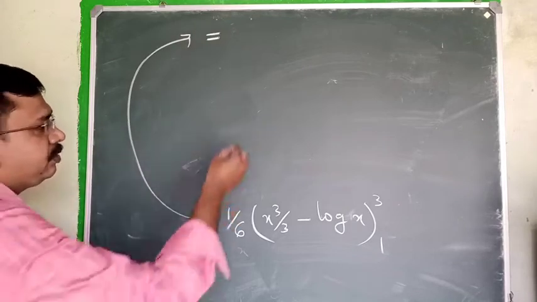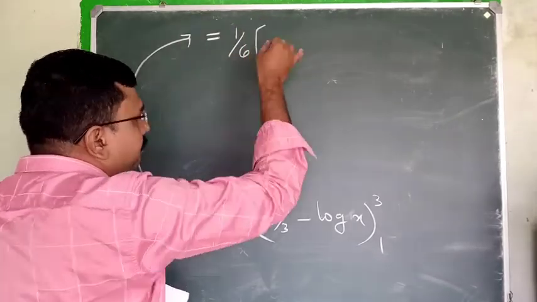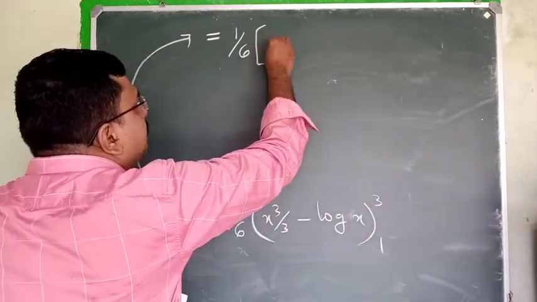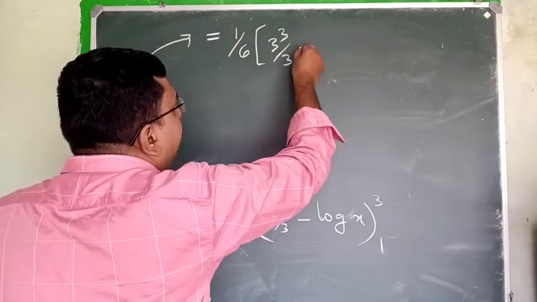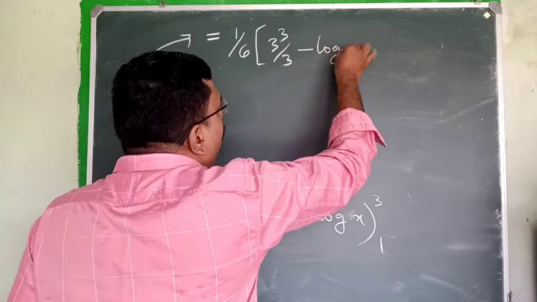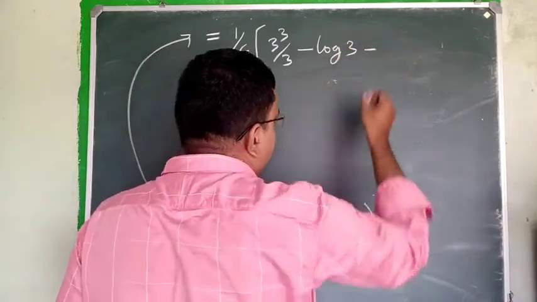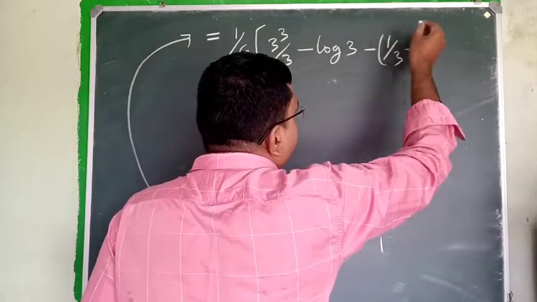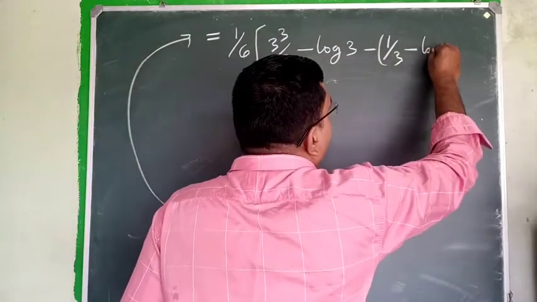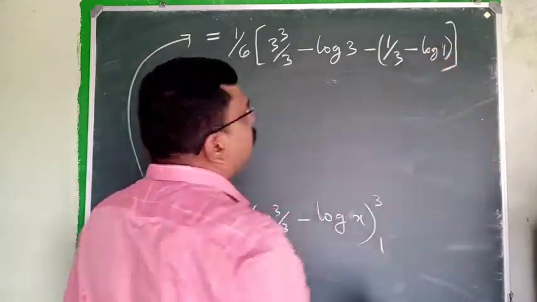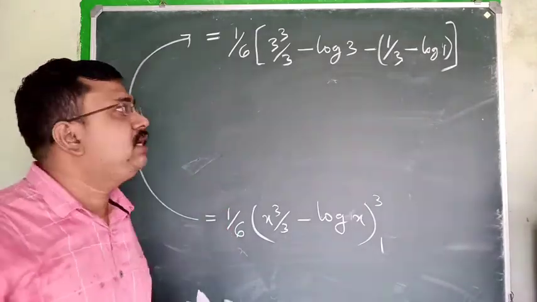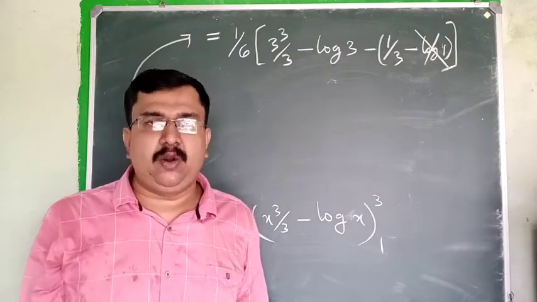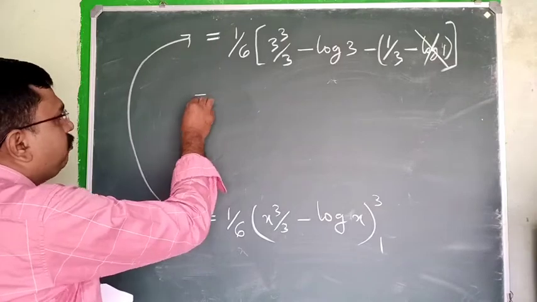Equal to 1 by 6 into, first we apply the upper limit 3: 3 cube by 3 minus log 3, minus the lower limit: 1 cube by 3, that is 1 by 3, minus log 1. Okay, what is log 1? Log 1 is 0. That term will be gone. Remember that log 1 is 0. Then the remaining is equal to